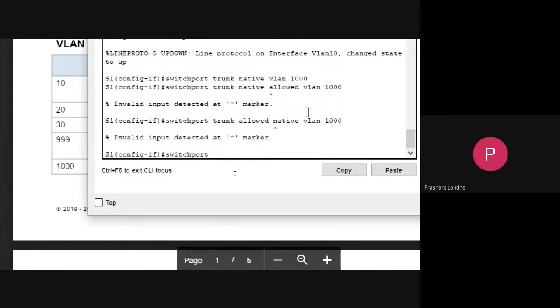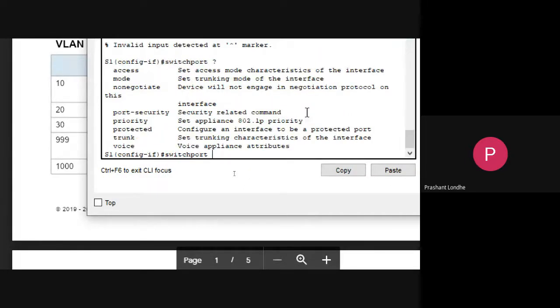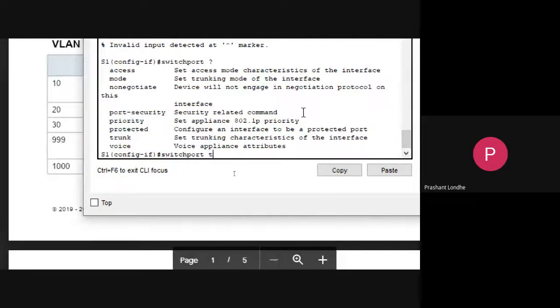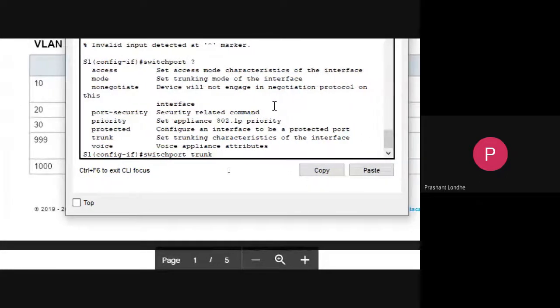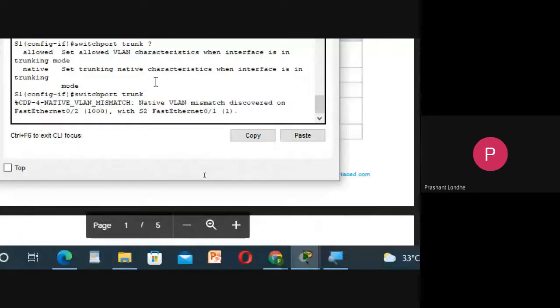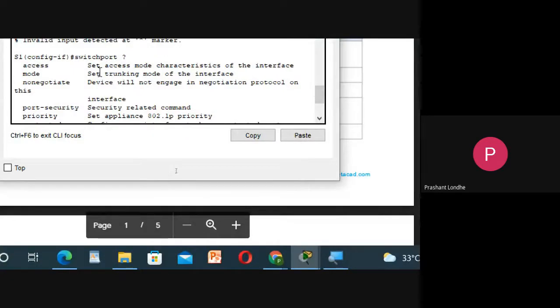Switchport question mark. Okay, trunk is available. Switchport trunk question mark. Just a minute.